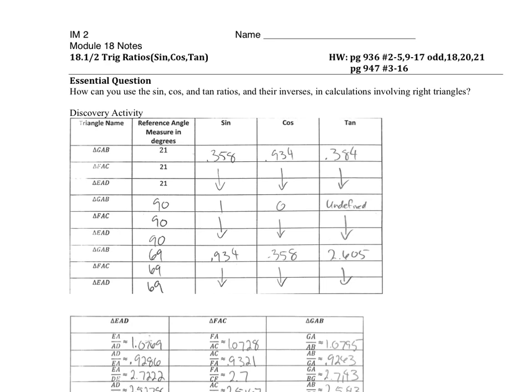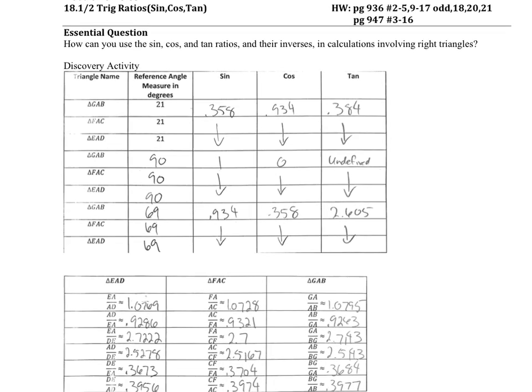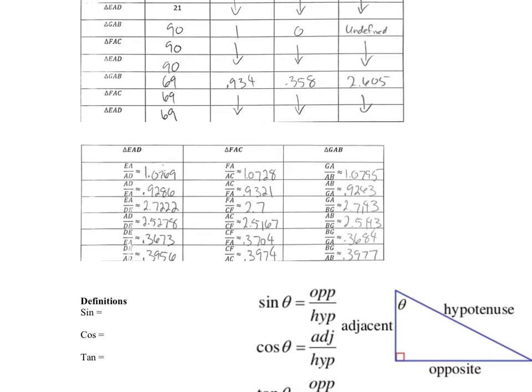triangles. We saw they had the same angle measures, and we saw that when we took sine, cosine, and tangent of those different triangles, regardless of the size, our values for sine, cosine, and tangent were all the same. So that led us to look at also some ratios of our sides. As we compared some ratios, there is some variation based on specific measuring, but we did see that as we compared corresponding sides,